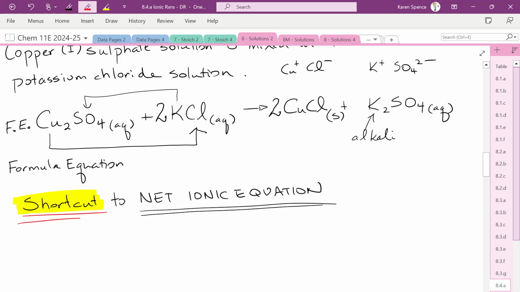Identify the precipitate. Yes, yes, yes. ID the PPT,